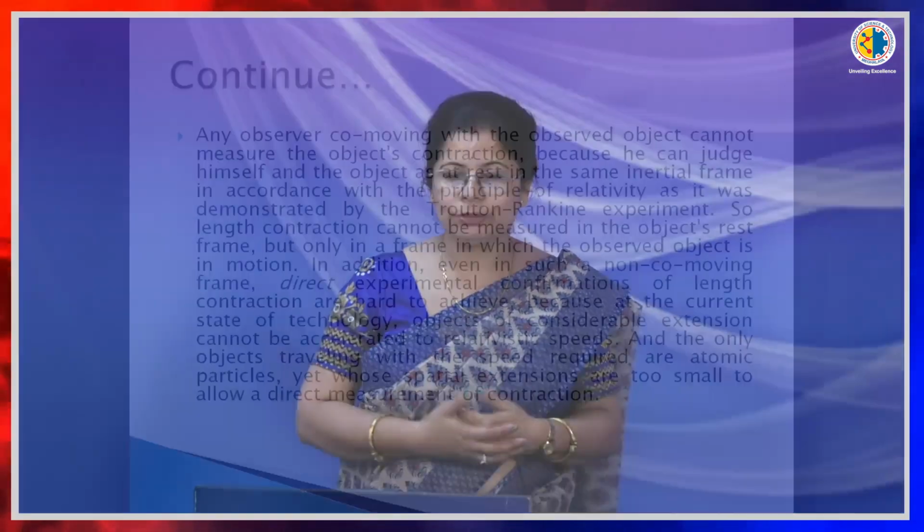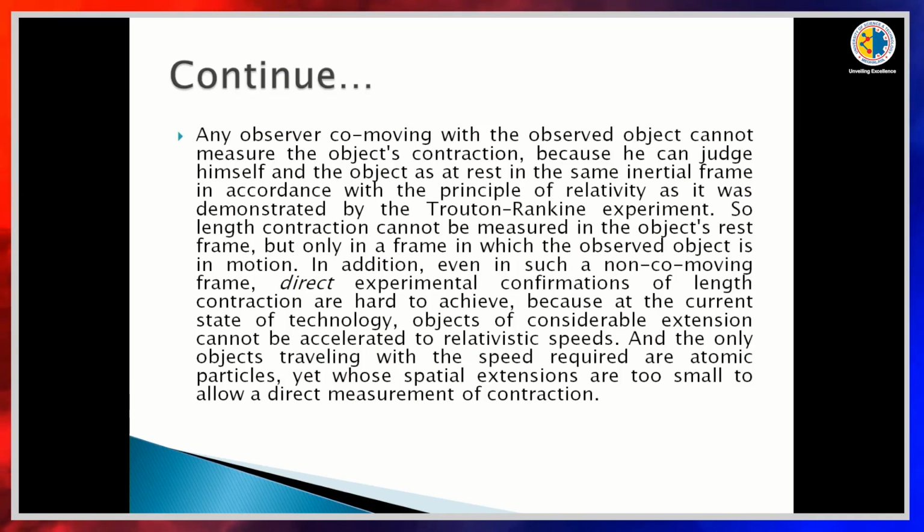This contraction only occurs along the line of motion. It is a brief history of length contraction, and again we want to say that any observer co-moving with the observed object cannot measure the object's contraction, because he can judge himself and the object as at rest in the same inertial frame,